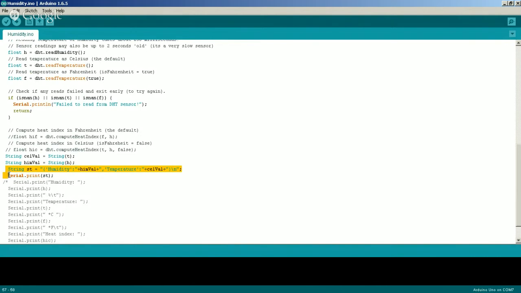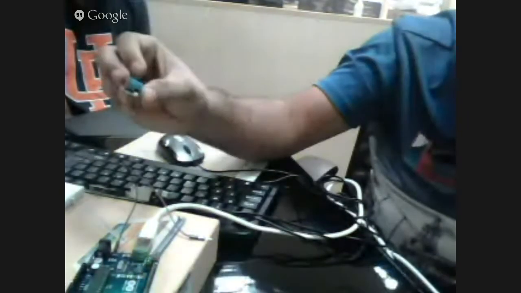Okay. So let's build. This is the breadboard. This is the temperature and humidity sensor. It includes both, and it has 3 pins: one ground, and 5 volt.